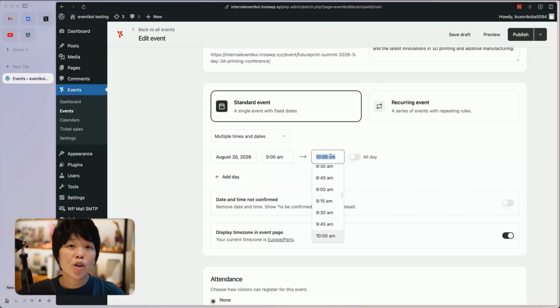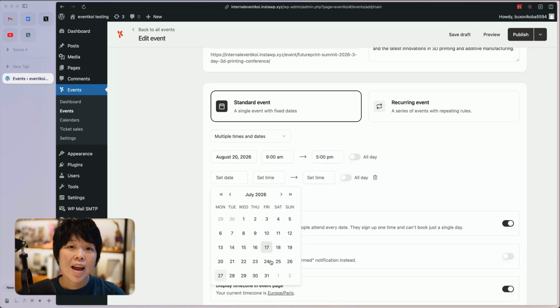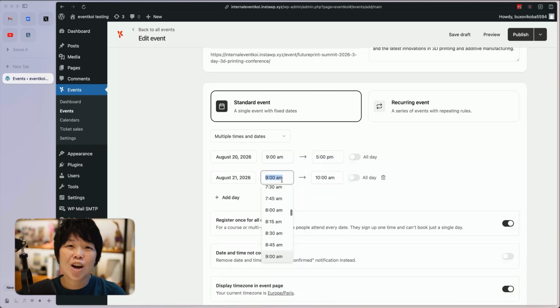Creating an event in EventKoi is much simpler than you think. Our standard events feature covers way more event types than you'd expect. Most people think that they need to use advanced features like recurring rules to set up conferences or multi-day events. But with EventKoi, you can actually set up multi-day and multiple start and end time events using just our standard